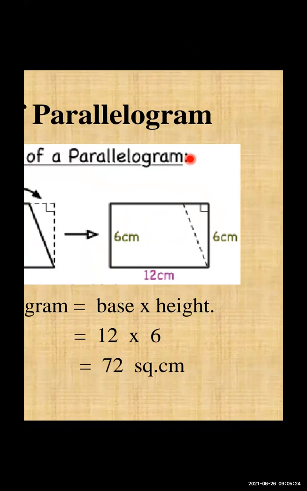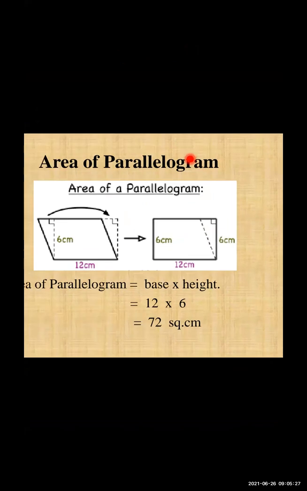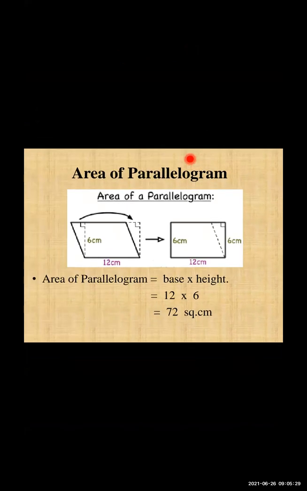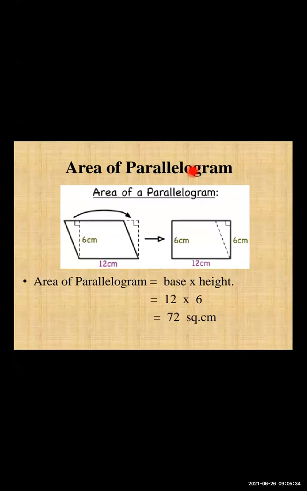And what is the area of a rectangle? Base into height. It is simple, base into height. So the area of a parallelogram is also your base into height. And here base is given 12, height is given 6. So remember, opposite sides are the same. So this is 12, this is also 12, this is 6, this is also 6. So here we get base 12, height 6, and after multiplying 12 into 6, we get the value as 72